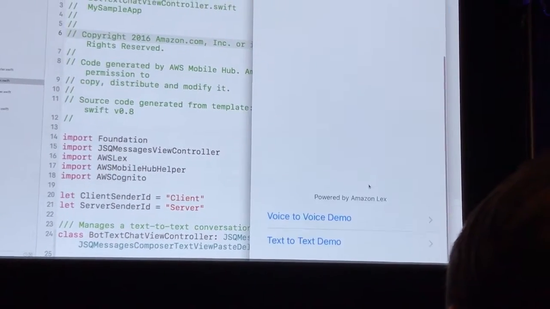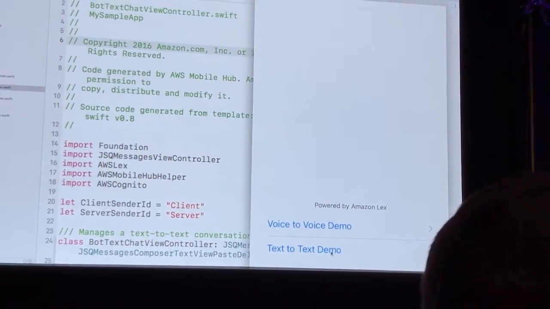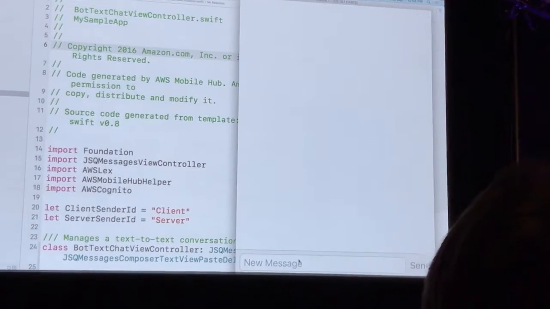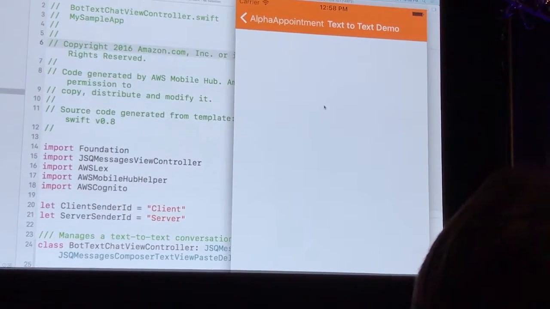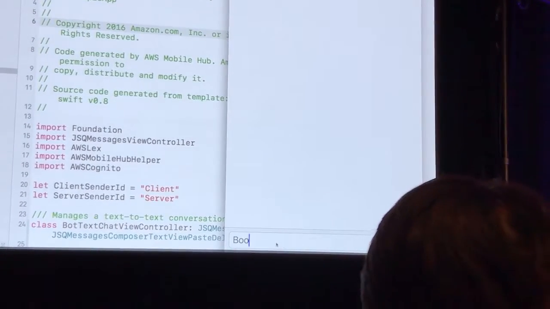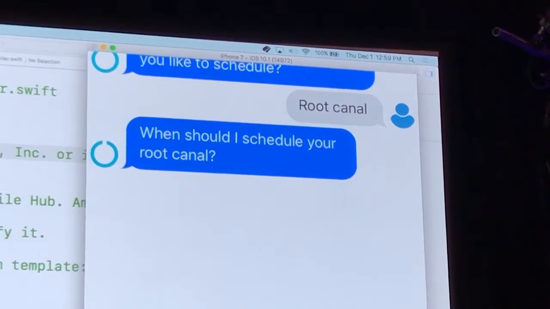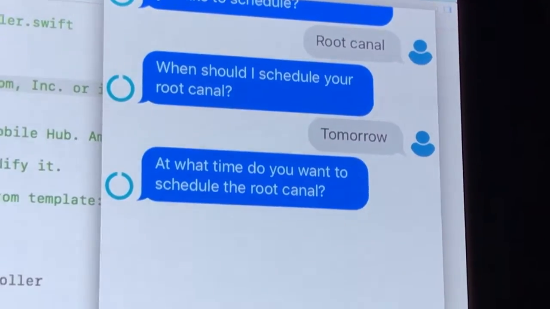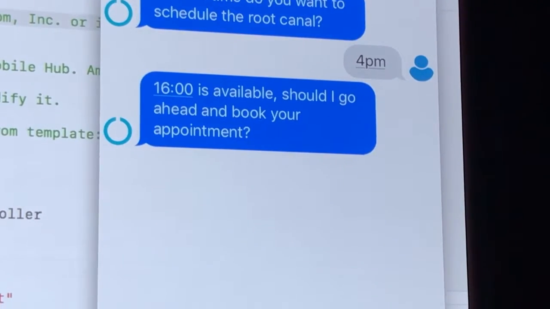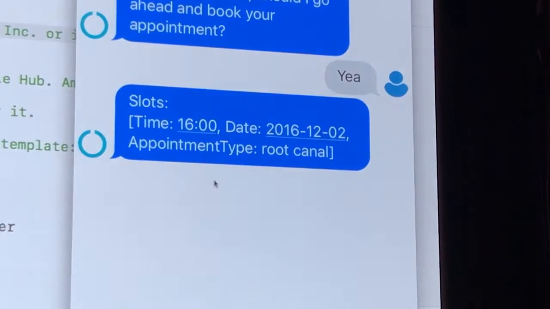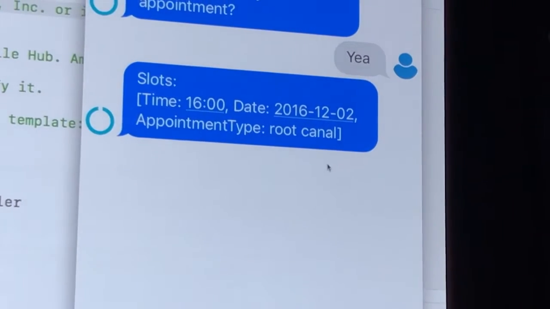We provide you with demos for voice-to-voice and text-to-text. Text-to-text is much easier to demo, so let's take a look at it. This is the same appointment thing we had, so let's try and book an appointment again. Okay, and this is Lex responding to us. Let's do a root canal again. There you go, and you get some slot values back, similar to how you saw it work